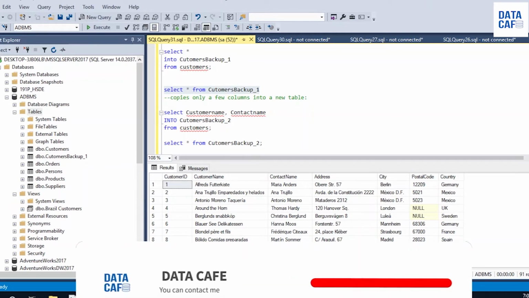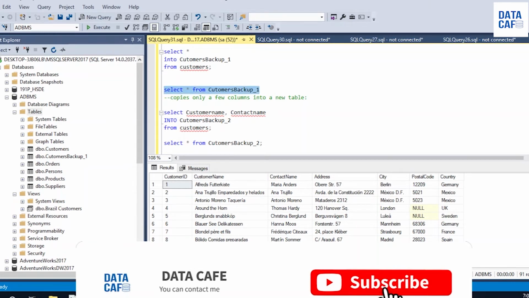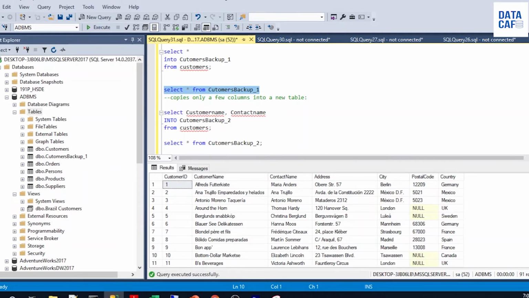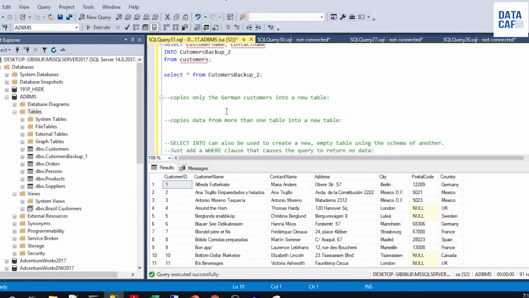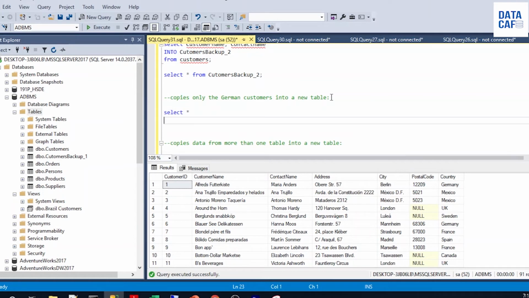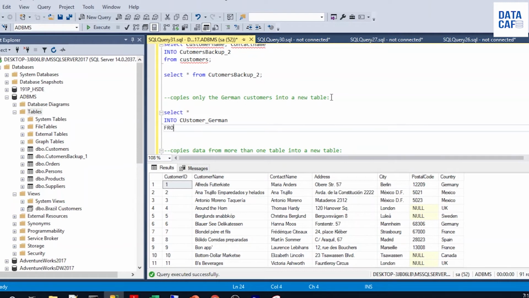Now we will see how to execute the SELECT INTO code with a condition. In this example I'm going to copy only the German customers into the new table. For that I'm going to execute SELECT, using all the columns of the Customers table, then INTO, let's say the table name is Customers_German, FROM